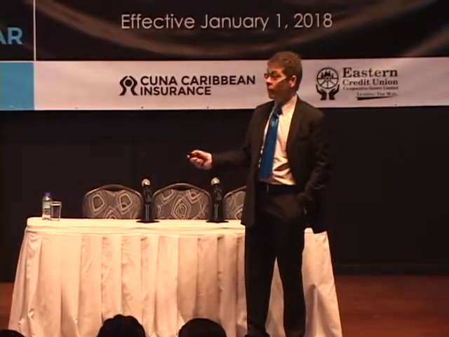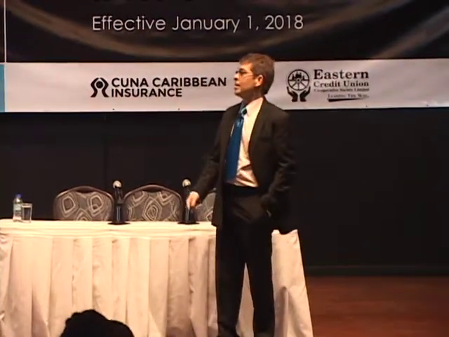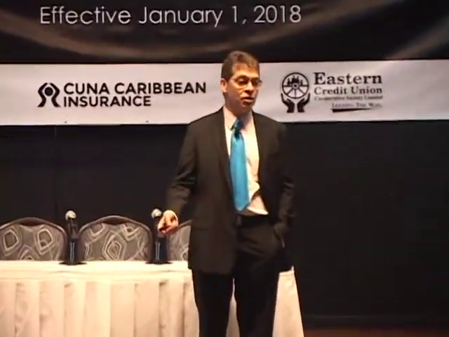What IFRS 9, this forward-looking model, basically says is, listen, you know you're going to lose 5% on any loan you issue. Set up a provision one time. So you do 5% of $8,000, and you put up a provision one time, from loan inception. This is the basic concept behind the whole thing. For those of you who are a little bit older, this is exactly what we used to do 20 years ago in banks and financial institutions. And then it became illegal. Now it's legal, not even legal, required. What goes around comes around. So that in essence is the concept.